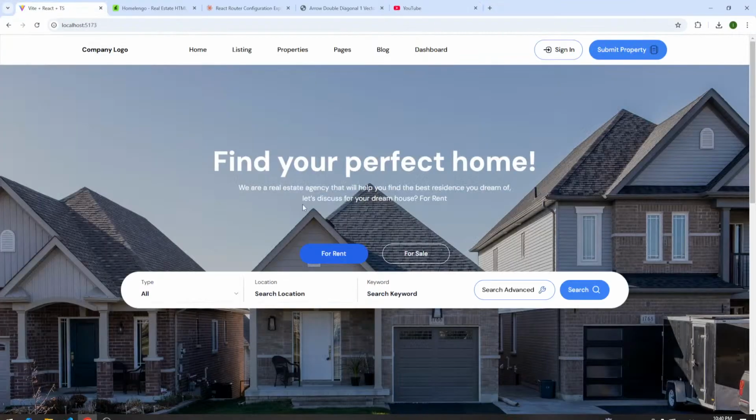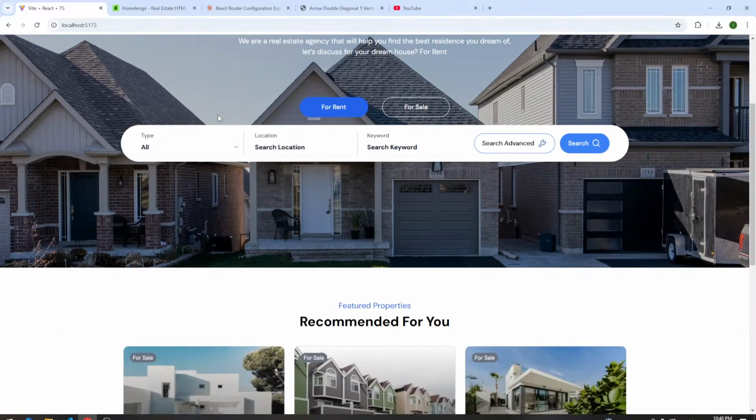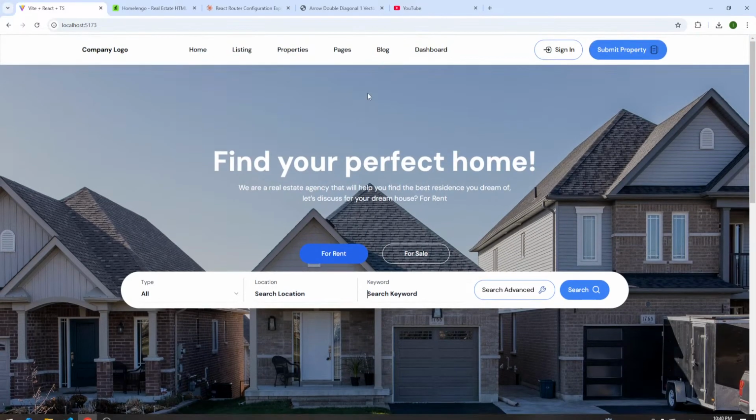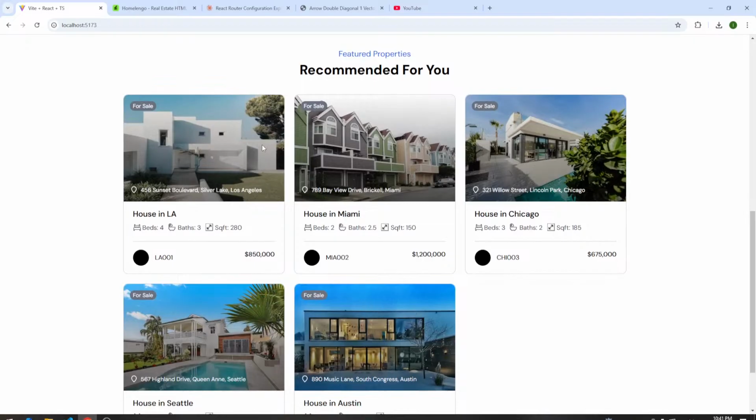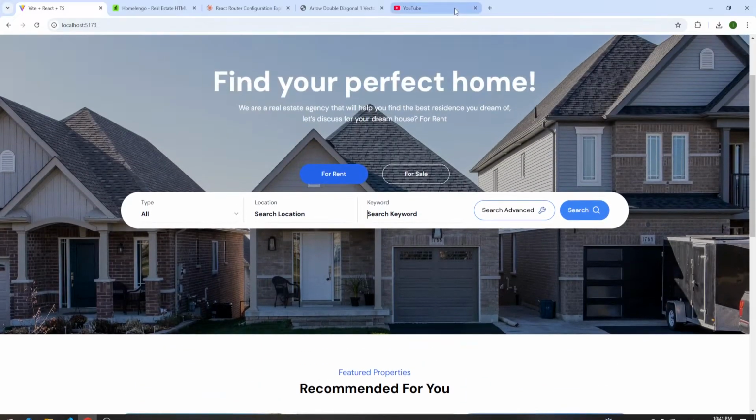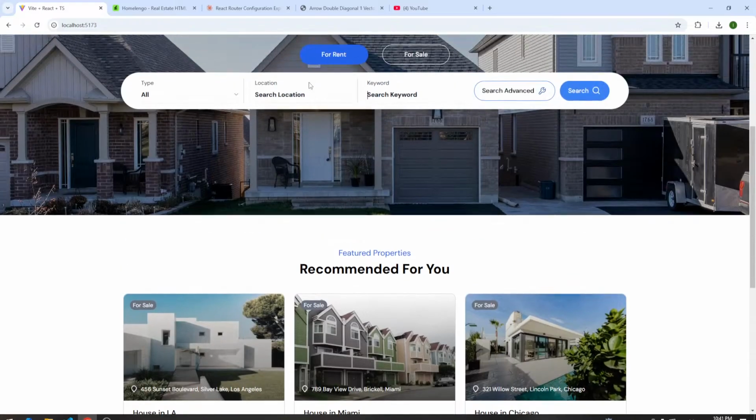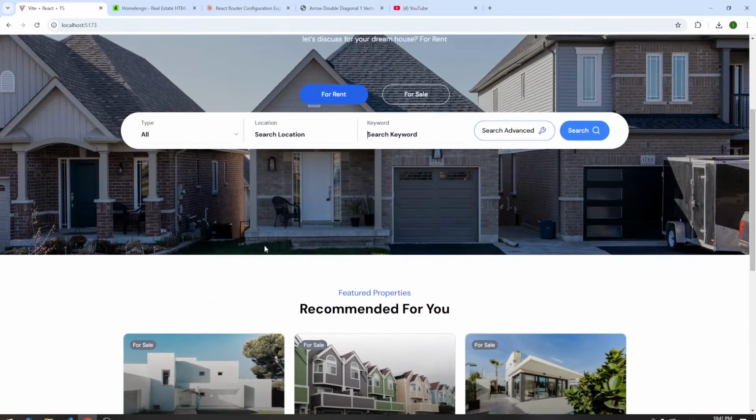So, it's day 6. We're building the full stack real estate type application with React and Node.js. For now, we are still on the stage of building the front end, and yesterday we applied Zustand for state management. We installed Zustand and created a store for storing the houses and applying filters